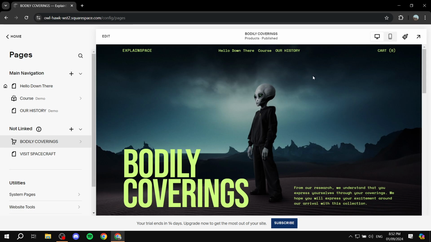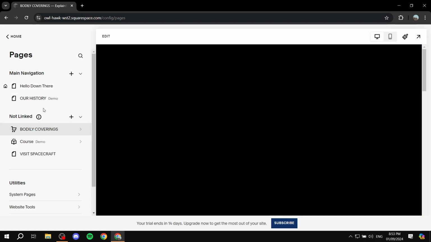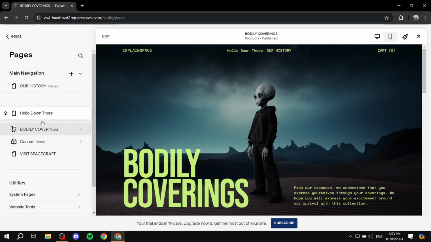Now, this is cool and all, but at the same time, sometimes we want to put up many different pages on the top, but at the same time we don't really want it to be too crowded, and this is when the drop down comes handy. So we can just go ahead and add a drop down. This way we don't have a very crowded main navigation, and it's just going to work well with our website. So to do so is very simple. I'm just going to drag these down here,